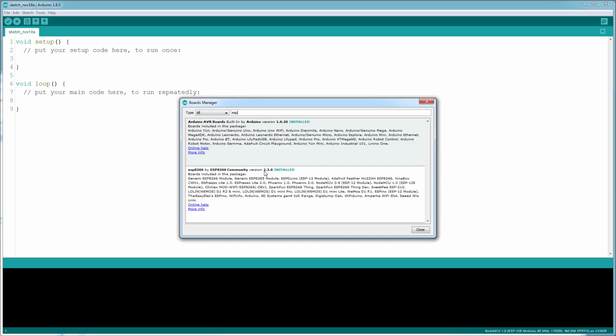This is the 2.3.0 version that I have installed, and this dimmer only works with this version right here. There are newer versions available, like 2.4.2. So if you use any other version than 2.3.0, this sketch will not work. So if you have a different version, please remove it and then restart your Arduino IDE, and then go back in there